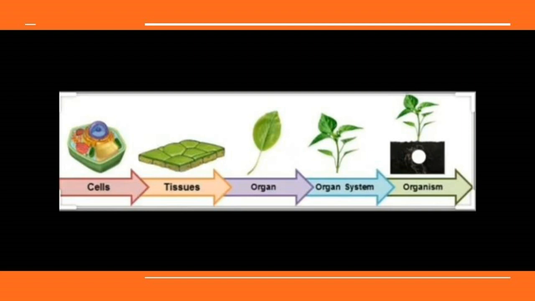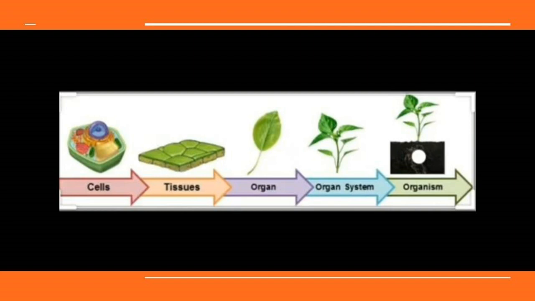We all know that every organism is made up of millions of cells. Similarly, anatomy has a big level of organization. Plants exhibit various levels of organization: first atom, molecule, cells, tissue, organ, organ system and organism. Now, first one, atom. Atom is the smallest part which is not divisible.